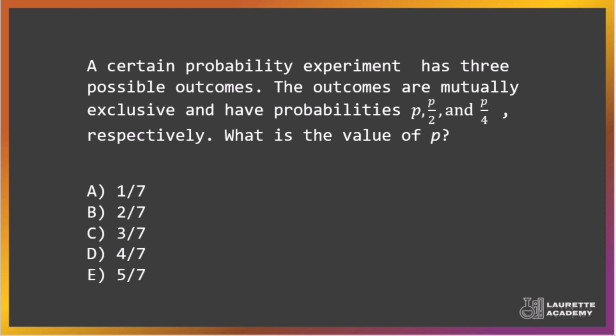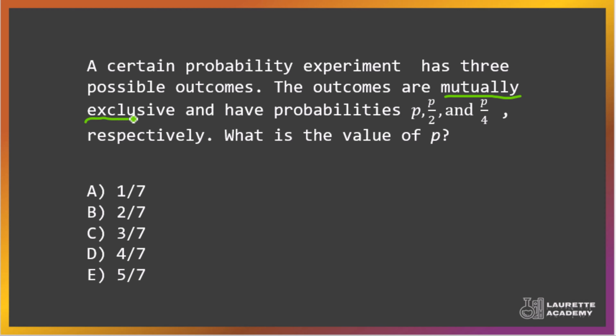So we have this GRE question here. A certain probability experiment has three possible outcomes. The outcomes are mutually exclusive and have probabilities p, p over 2, and p over 4 respectively. What is the value of p? Alright, what you should note here is this